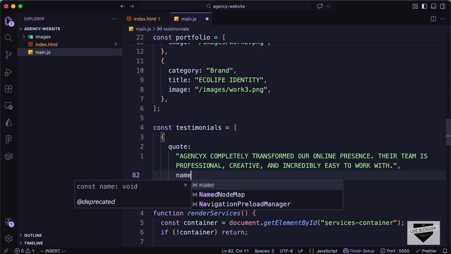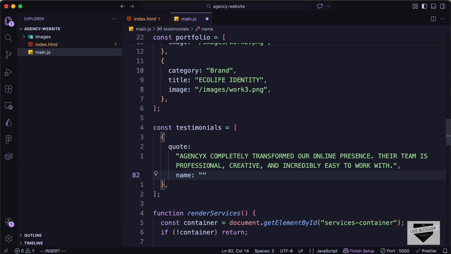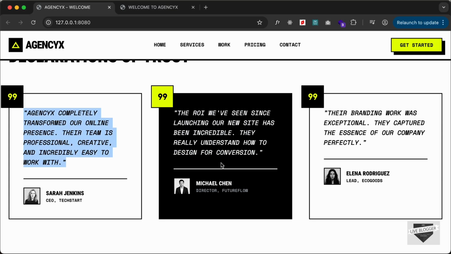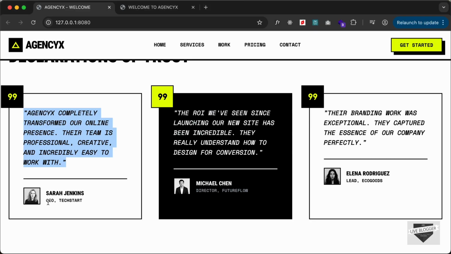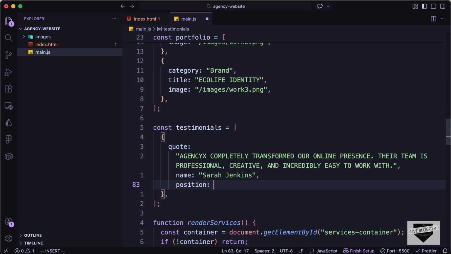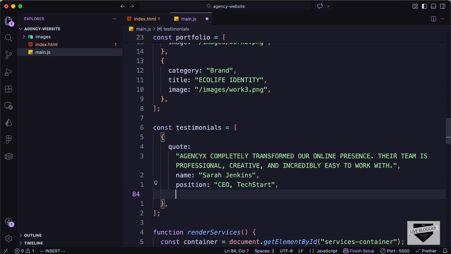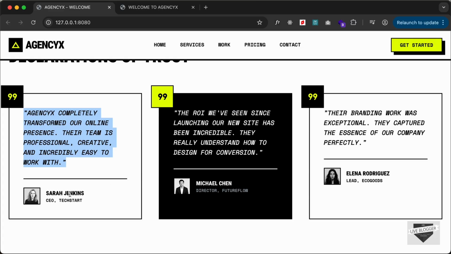After that we need to add the name, so let's type name. Let's set it equal to the name, so I'll just add this name over here. And then we need to add the position. So here we can see it is CEO, TextStart. So let's type position, CEO, TextStart,